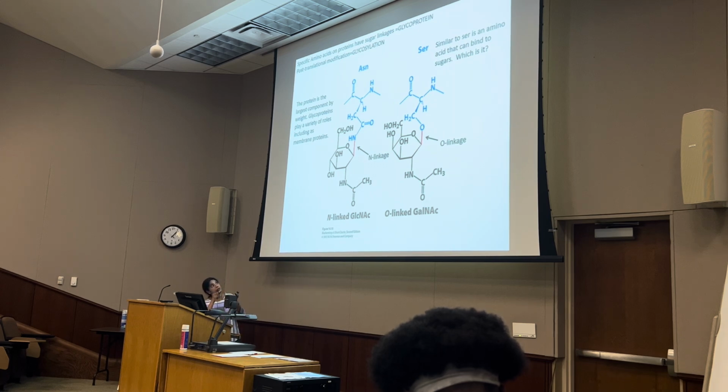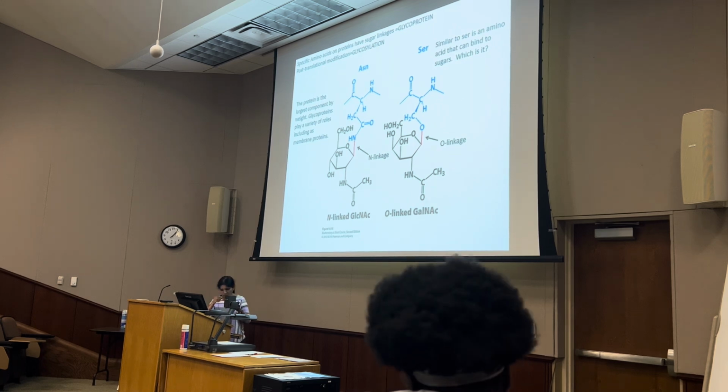Okay? So here we have in blue a peptide, right? So here's your alpha carbon, carboxylic acid, amino group, hydrogen, serine. And to that serine, through an O-link,